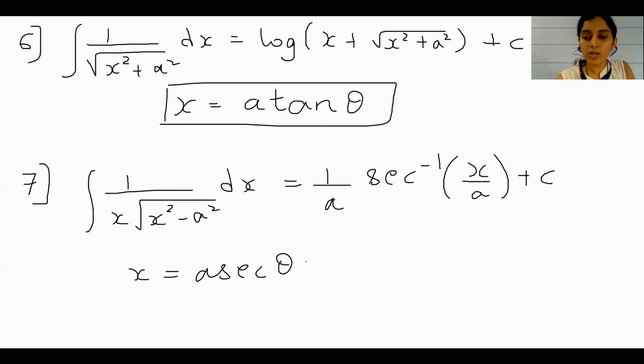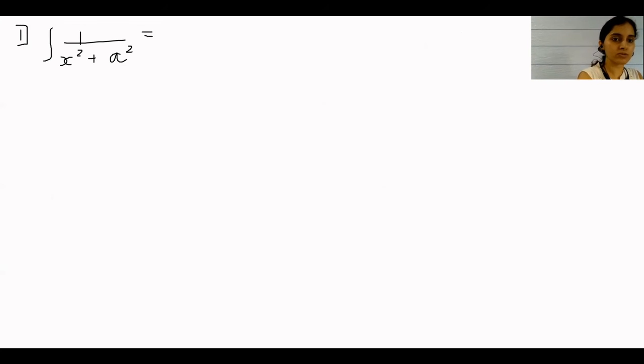Okay, so let's do one thing. Let us put all these special integrals together on one page, so that you have them for reference. The first one was the integration of 1 upon x square plus a square dx, which is equal to 1 upon a tan inverse